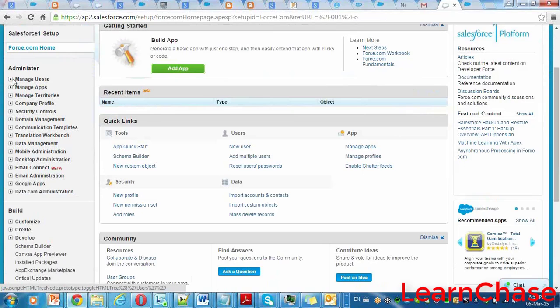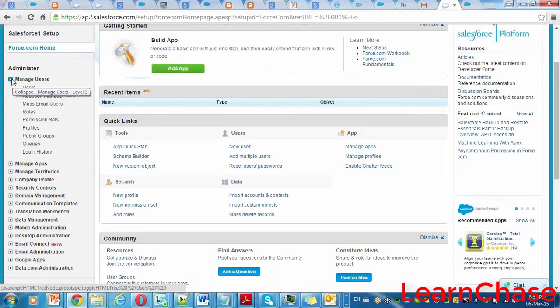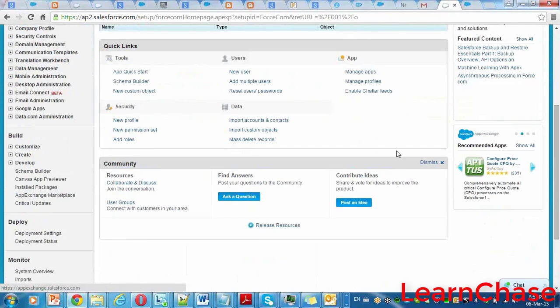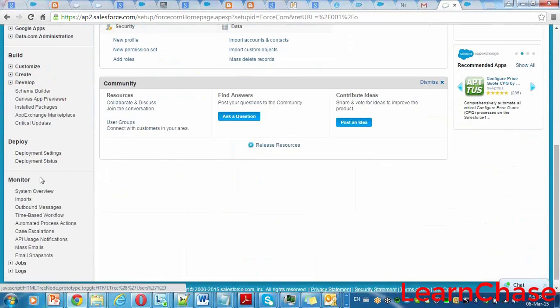And this is the section where developers will go. This section is for what's going on in the Salesforce applications that is needed for the developer as well as the administrator. Then the monitoring section and this deployment section.